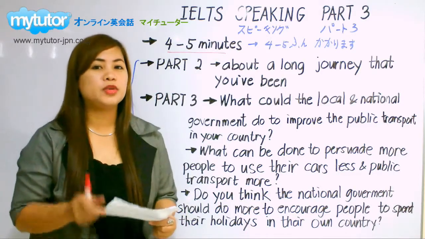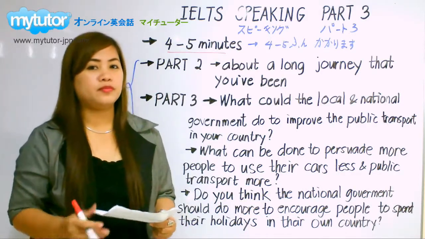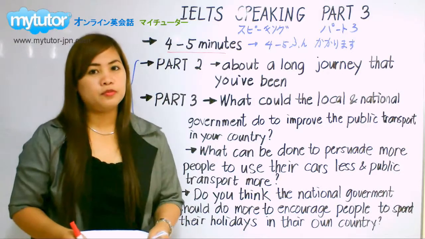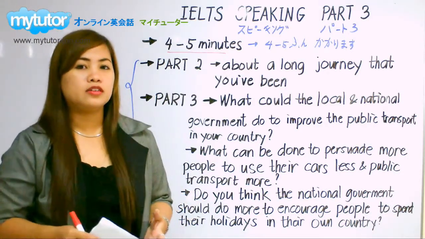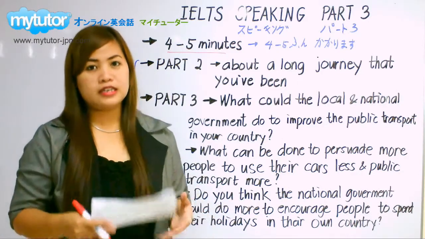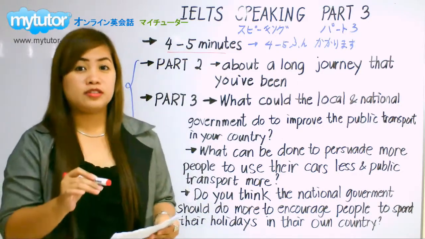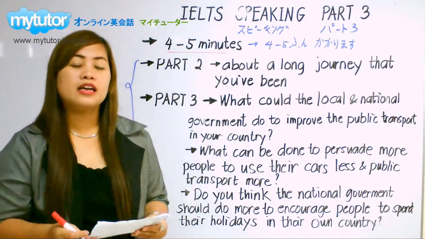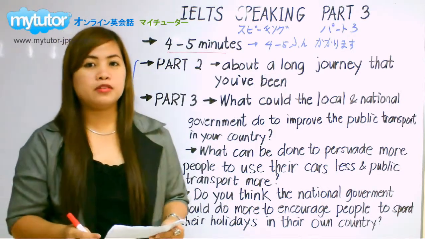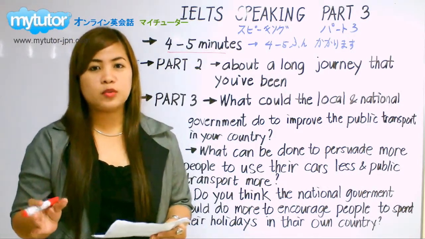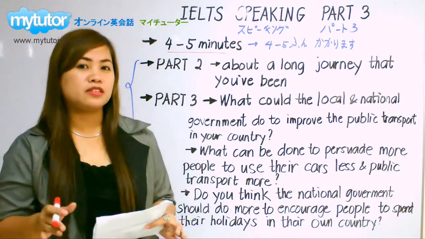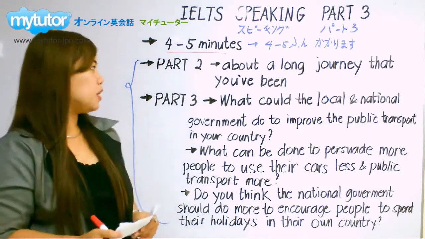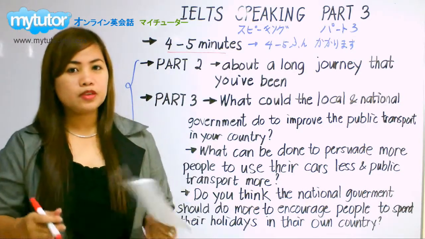So, part 2 と part 3 の違いは何ですか? What is the difference between part 2 and part 3? So, for part 2, the student is handed a question card or cue card. So, その question card の中に there are some questions. 質問があって、the students speak for about 1 to 2 minutes without interruption. それは1か2分ぐらいかかります。